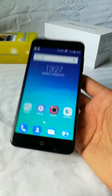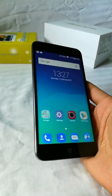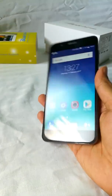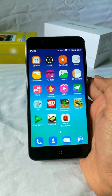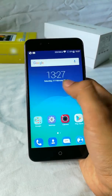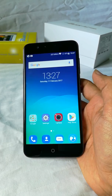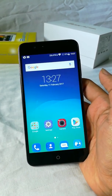If we talk about the weight, it is quite a heavy device. It's at 189 grams thanks to the massive battery it's got. It's 9.8 mm thick as well, so it's not one of the slimmest devices that you'll find in the market. There are different phones with 4000 or 4500 milliamps battery which are much thinner, so this is something that ZTE will need to work on. Besides this, the phone you get in two color options, gray and gold, both of them at 4 GB and